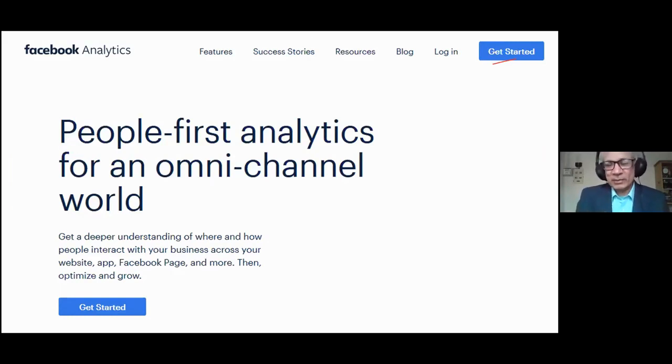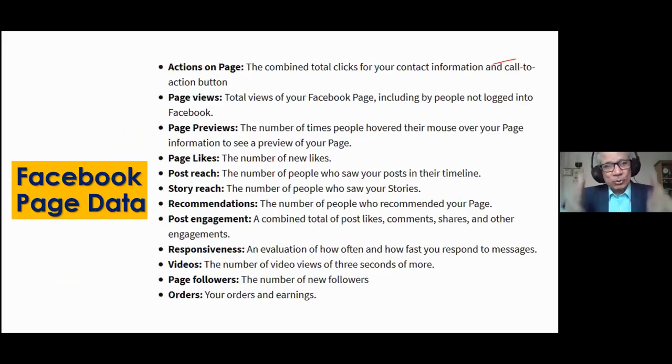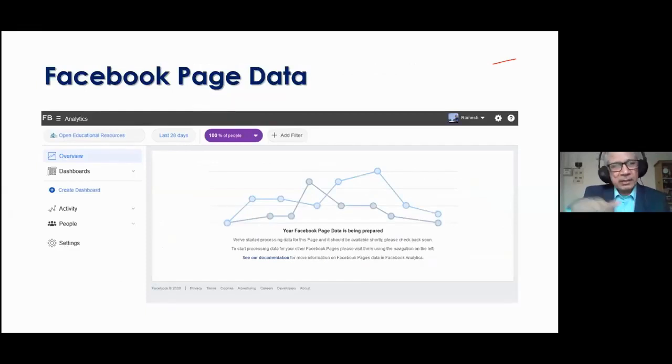We are talking about Facebook Analytics. And this is freely available to you on your Facebook account. That's why I know many teachers have their courses on Facebook. Why? Because it tells you all these things. Through the analytics, whatever you are seeing on the screen now, it tells you page likes, page reach, story reach, recommendations, engagement, combined total responsiveness. This helps you in understanding how you can use these things for your educational process. It gives you good analytics, good visualizations, and it is generated automatically.